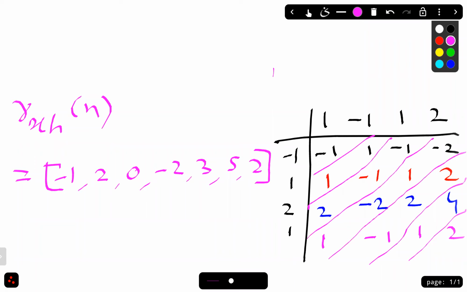So where will be the arrow here? So arrow will be at what point? It is at minus 2. Right? Arrow will be at minus 2. Hope everyone has understood. Any confusion? What will be the length of the output sequence? 7. It's like we require 7 samples to be present in the output. So we got like how many samples? 1, 2, 3, 4, 5, 6, 7 samples are present. So our answer is correct now.